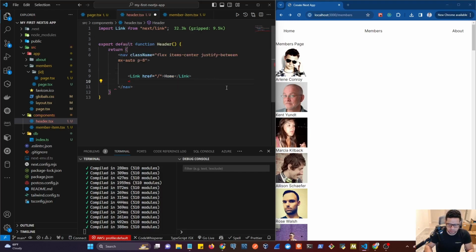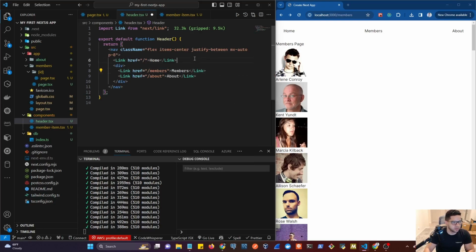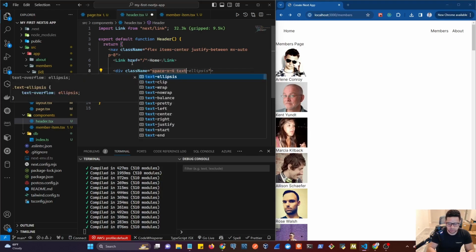in another div. I'm going to accomplish the same here. So in here, we're going to create a new div, paste this inside, and let's make sure this is here. So now in this div that is wrapping the other two links, we need to add a space-x-4, and let's make this text extra large, so text-xl,